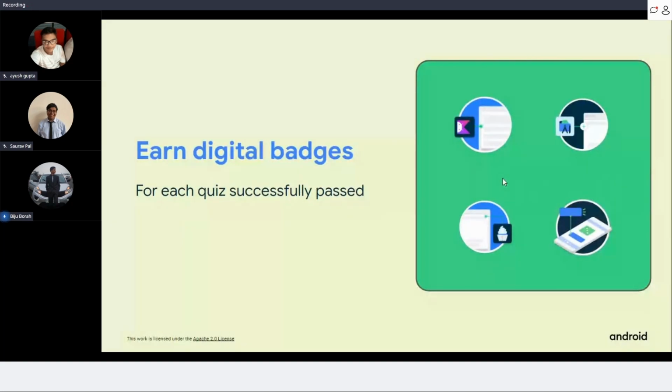So what is basically a developer profile? Every person who logs into developers.google.com has a personal profile, which can be made public, and you can share your digital badge with your teammates or your friends. You can share it on LinkedIn and showcase your talent. Each badge is earned by completing a pathway. So you have to take the quiz successfully, and if you pass in every pathway, you will earn a